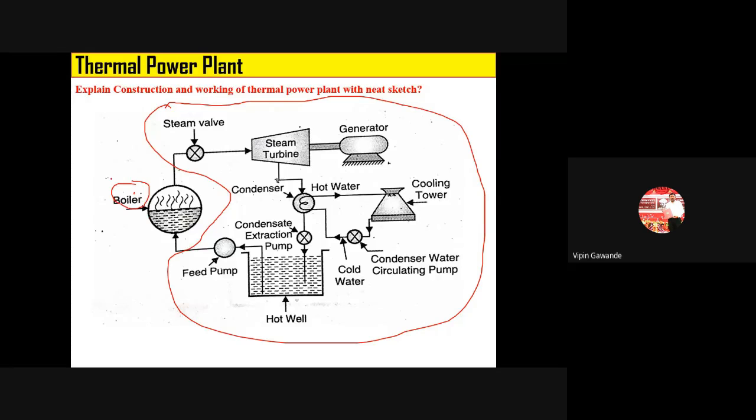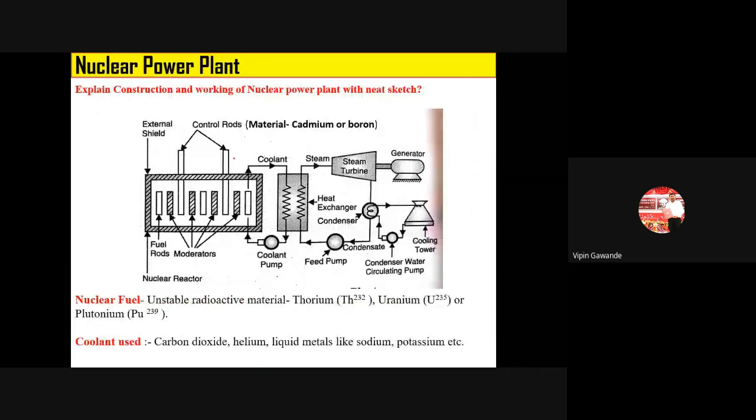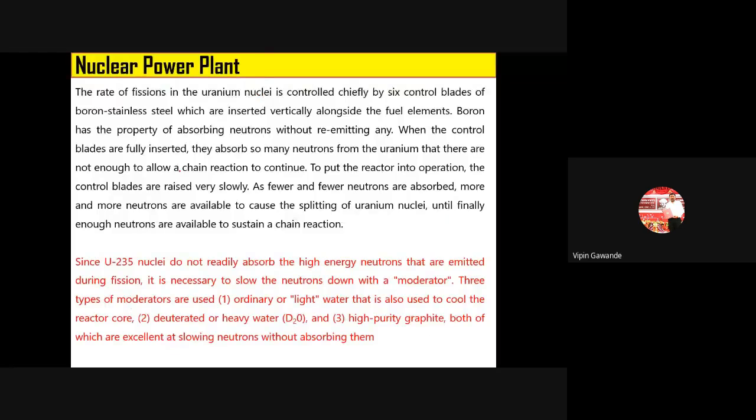Now in place of this boiler, if we take a heat exchanger, then that becomes a different plant, and if instead of the boiler you are using a nuclear reactor, then it becomes a nuclear power plant. So the thermal power plant and the nuclear power plant work on the generation of heat and conversion of water into superheated steam. You remember this one because this is very important. These three thermal power plants, which ones? The thermal power plant, the nuclear power plant and the solar thermal power plant.